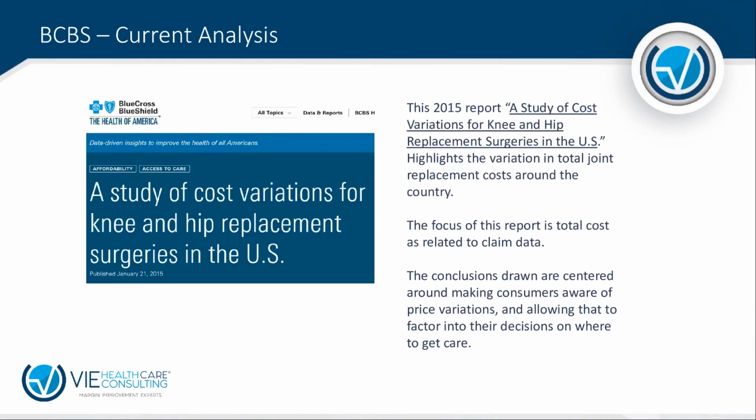There's a study, and we're going to go through some of these slides quickly. There's a study done about cost variations by Blue Cross Blue Shield. They're the insurance providers. They get so much data. In fact, they're probably one of the best sources of data because they get the information a number of different ways from their hospitals. But what the synthesis of the data is,